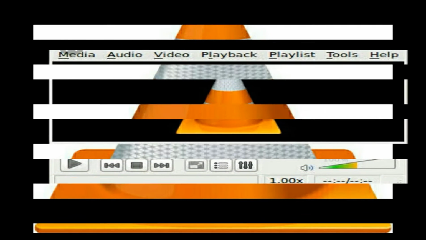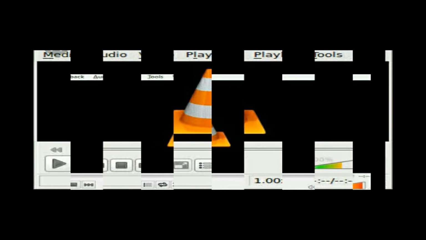In this tutorial I'll show you how to record a computer screen using VLC Media Player in the easiest way. As we know, VLC Media Player is used to watch videos and play songs. But do you know we can use VLC Media Player to record the computer screen and also to